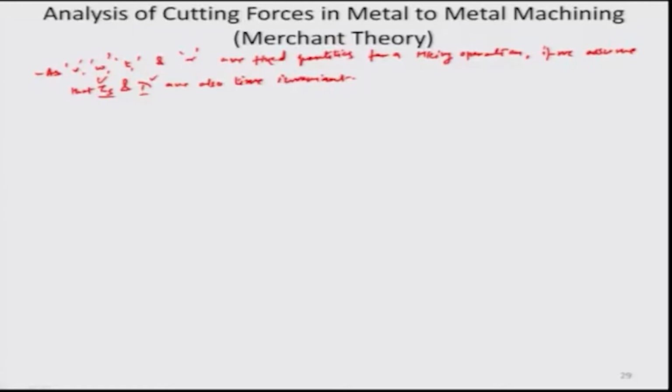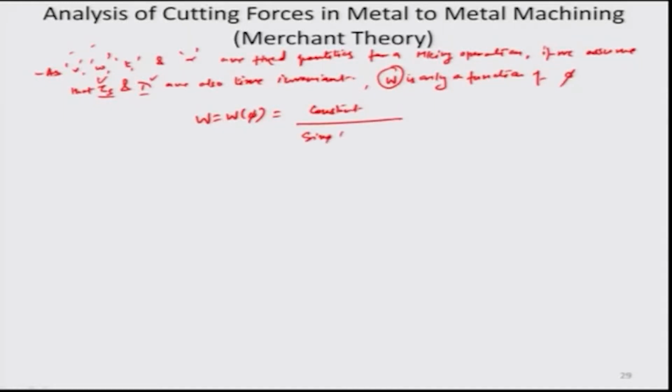Then you can say that W is only a function, that is the total amount of work done per unit time, or total amount of power that is consumed. W is only a function of phi. So, W actually is a function of phi. Therefore, we can also say that this is equal to some constant here, which is related to all these different parameters V, W, T1, alpha, you have cos lambda minus alpha, so even lambda and tau s, divided by the term sin of phi cos of